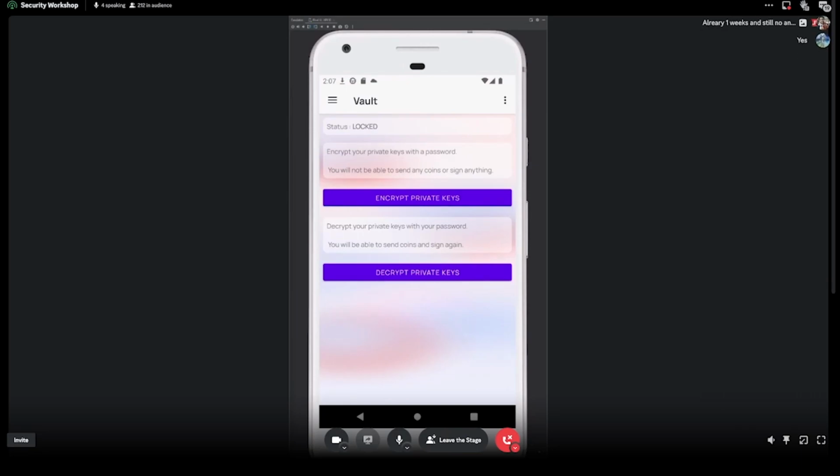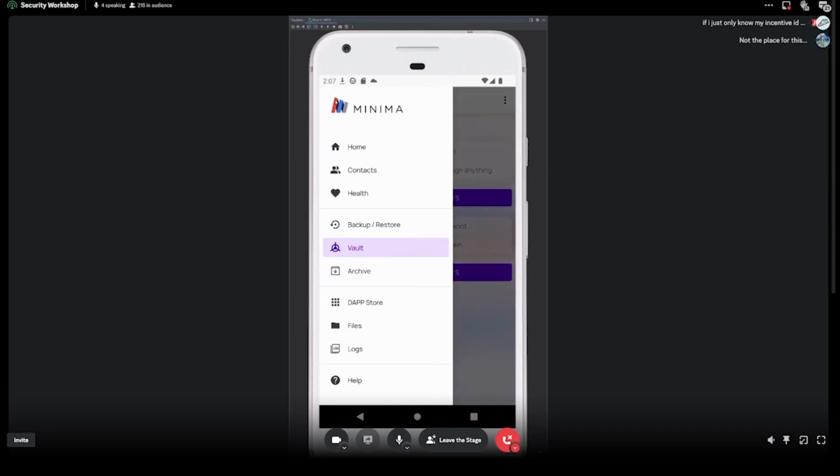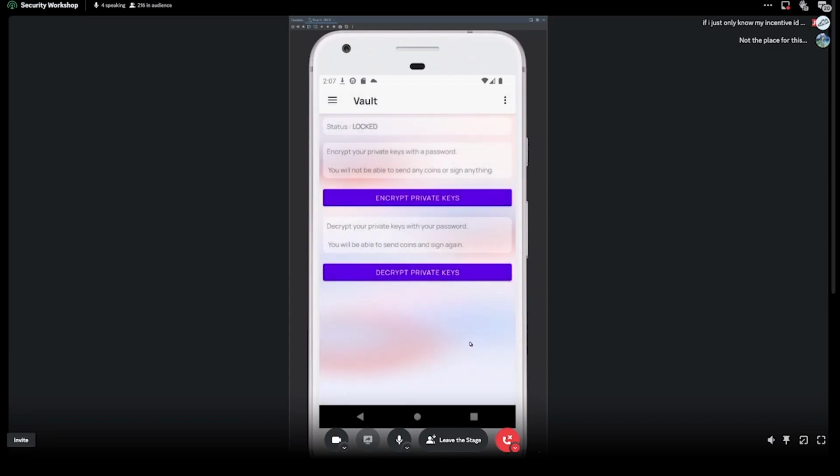So once you've encrypted it, if you wish to, then it's a good idea to take a backup of your node. If you don't encrypt it, then you take a backup. If someone were to get your backup, then you will also put a password on your backup as well. So that's 2 separate passwords. So if we now go to the backup and restore page,